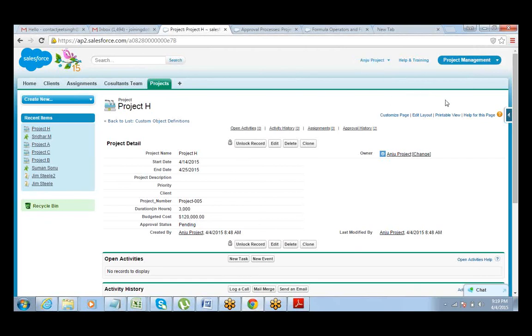So whoever is the approver will receive an email. Yeah, Anju has received an email. Now what she can do is click on that link, so that email will have a link. So Anju, do you mind if I share your screen and you click on that link? Just don't click on that now. I'll share your screen and then you can click on that.